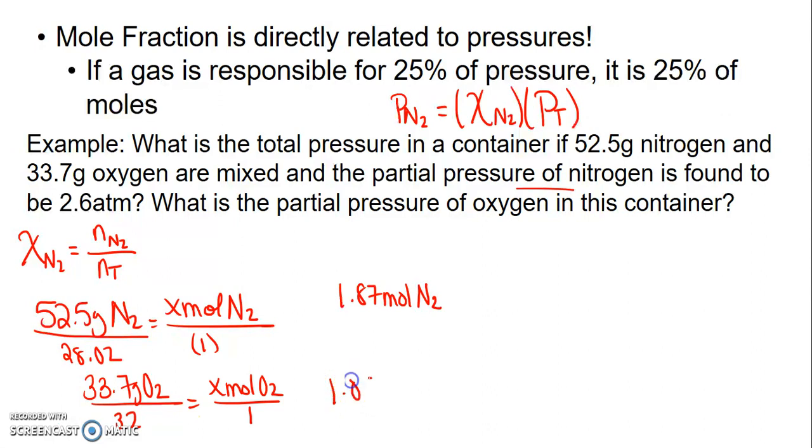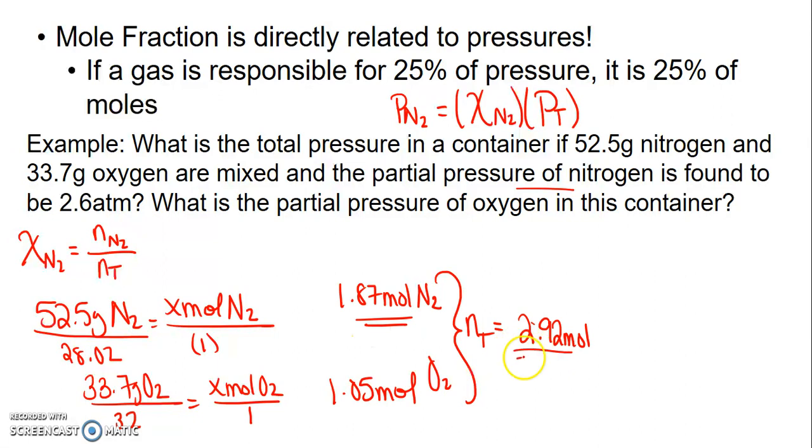You get 1.05. If I add these two together, that will give you the total moles in the container, which is 2.92 moles. Now we have the partial moles and we have the total moles, so we can use this equation up here to find the mole fraction. The mole fraction of nitrogen is the moles of nitrogen divided by the total moles in the container. And if we do that math, we get